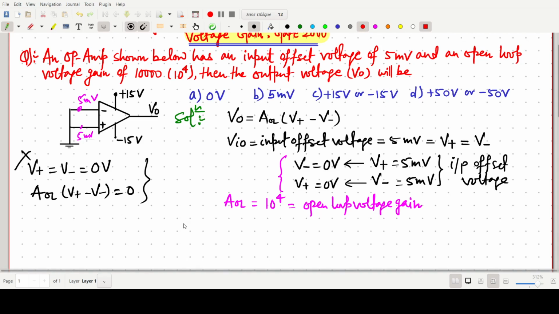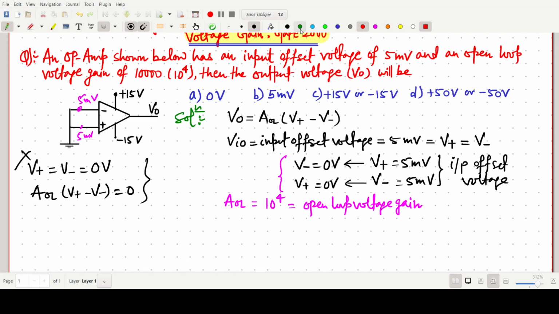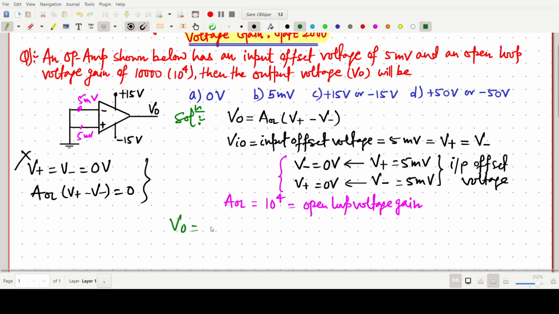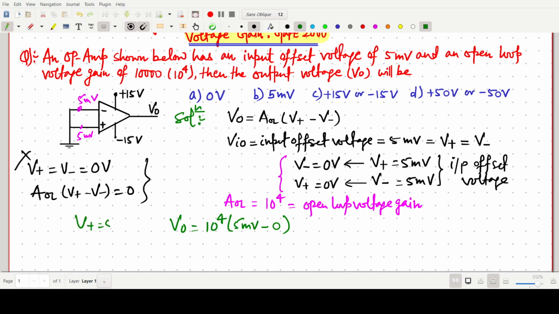The output voltage we can simply write: V naught equals 10 to the power 4 times 5 millivolt and the other should be 0 volt. When we are considering V plus as 5 millivolt, that is our input offset, and V minus as 0 volt,